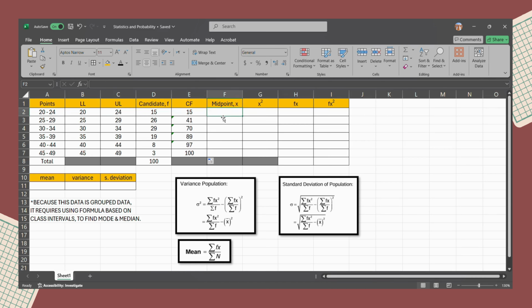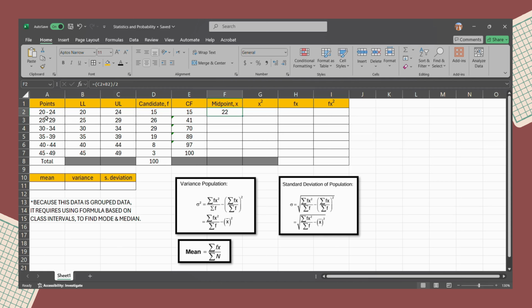Next, we need to find the midpoint. To find the midpoint, we use the function equals, open bracket. For the midpoint, we just use the formula of the midpoint, which is upper limit plus lower limit, and then divide by 2, then enter.